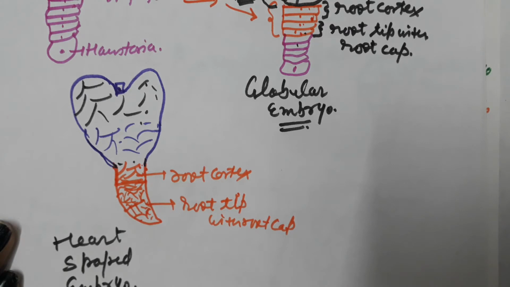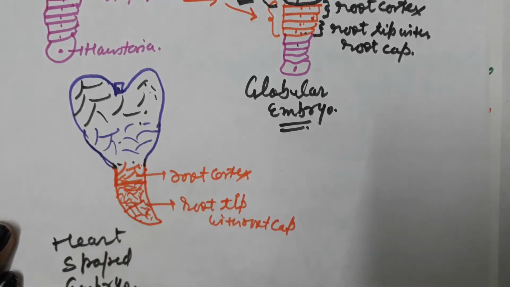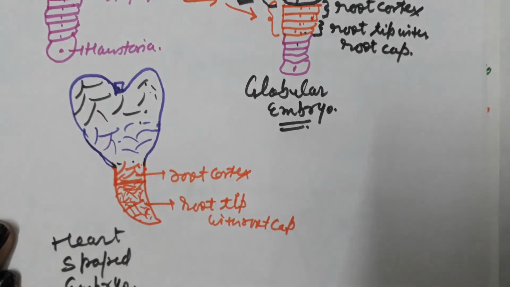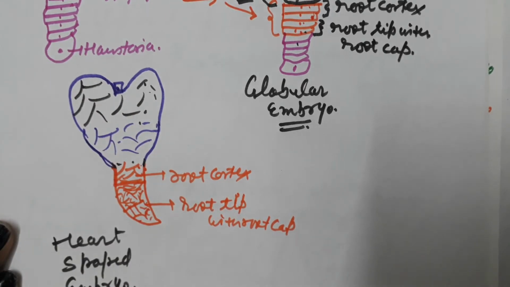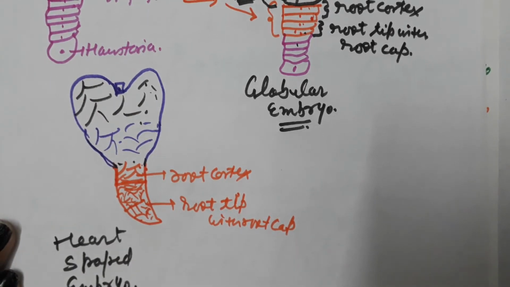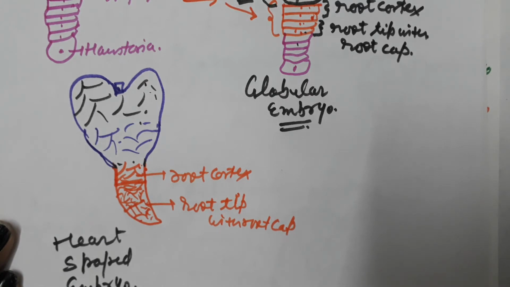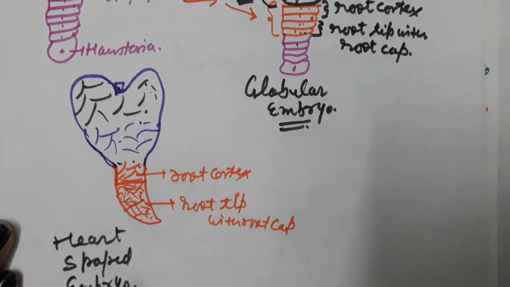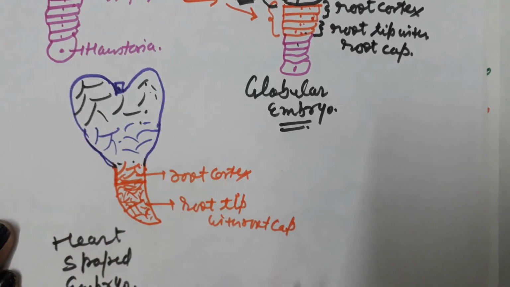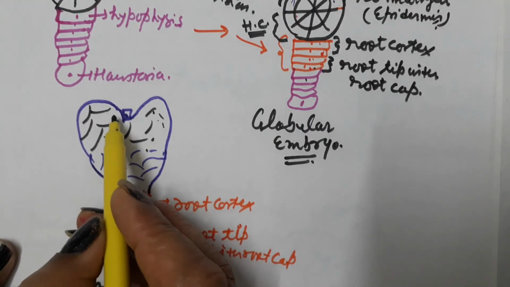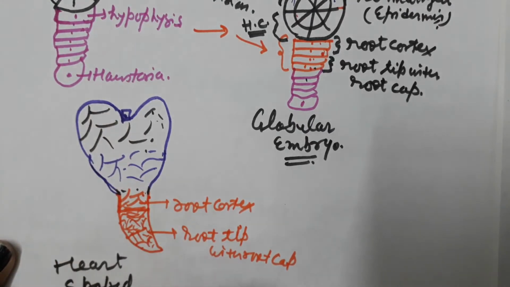When the development of the dicot seed takes place, in some seeds endosperm is not present, so the food is stored in the cotyledons. Further growth of the cotyledons takes place in the limited space inside the embryo sac. All these events are going on. Because of the limited space, further growth of the cotyledons takes place and they bend on the lateral side.